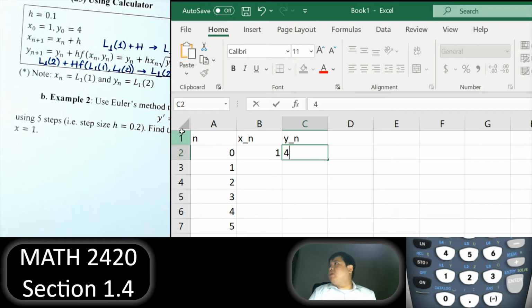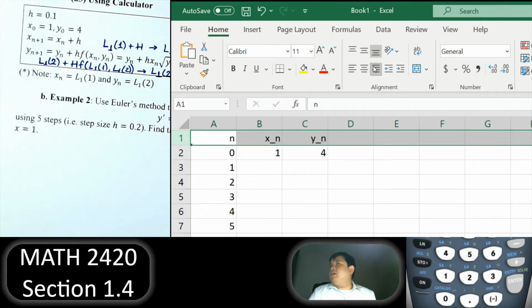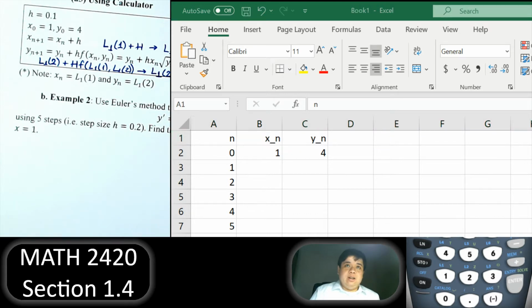Let me do this real quick. Right, so we have n, x sub n, and 1 and 4. So those are the values we know. Right, that initial condition. So these are the values we know. That is the initial condition. Let's highlight this. That initial condition. Those are given. Next, based on this one, we can calculate the slope,